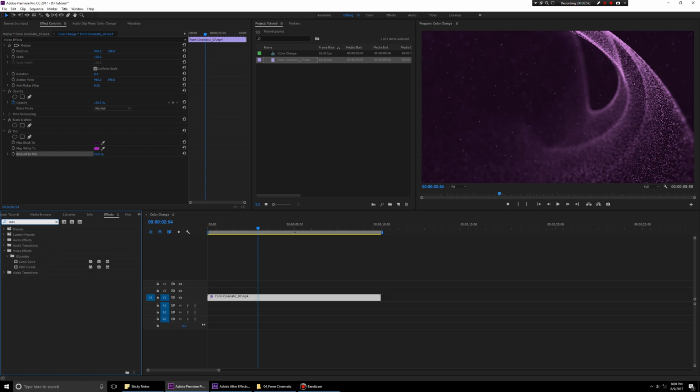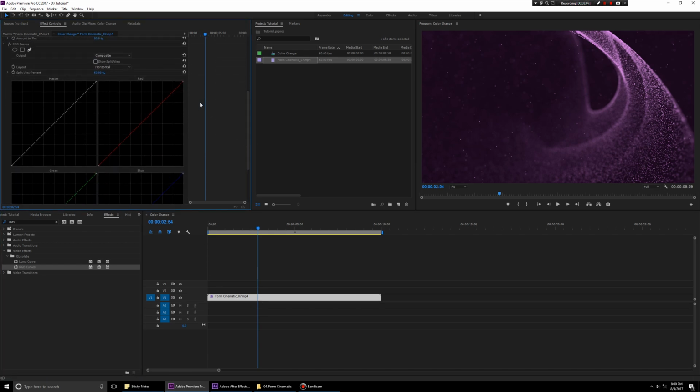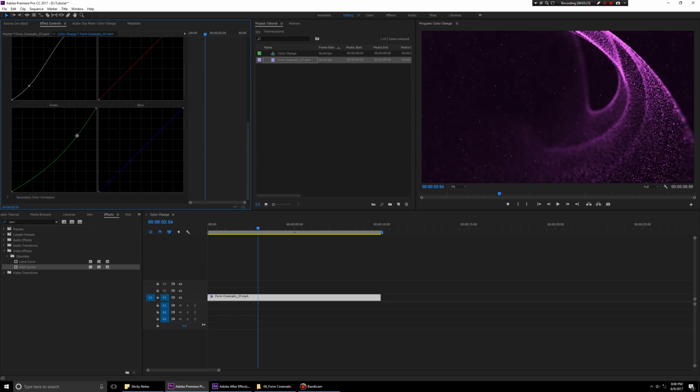and then finally I'm going to go for an effect called Curves, and this is going to help us. I'm going to go for RGB Curves. I'm going to take this, apply it to the video. I'm going to scroll this down in the effect controls, and this is the last effect that's going to give us that proper polish to our video, right? So I'll take this luma or this brightness curve and I'll adjust it how I like. So maybe I want to go for something like that, and maybe adjust the greens